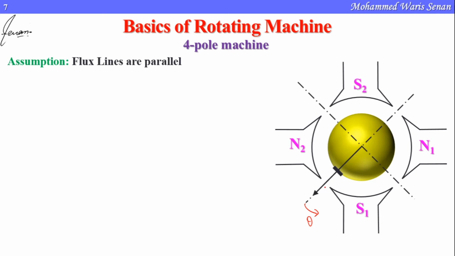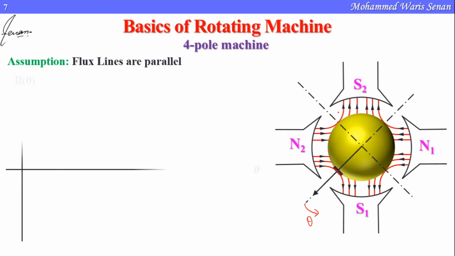Now let us draw the magnetic field lines. They start from the north pole, exiting the north pole and entering the south pole. So it will be like this, and we have taken the magnetic field lines as parallel lines, as shown. Now let us draw the B wave, or the normal component of flux density, which is called the B wave. So B theta with respect to theta, and theta here is the rotational angle. Just keep in mind this theta is the rotation angle. In this case theta is 0 right now.